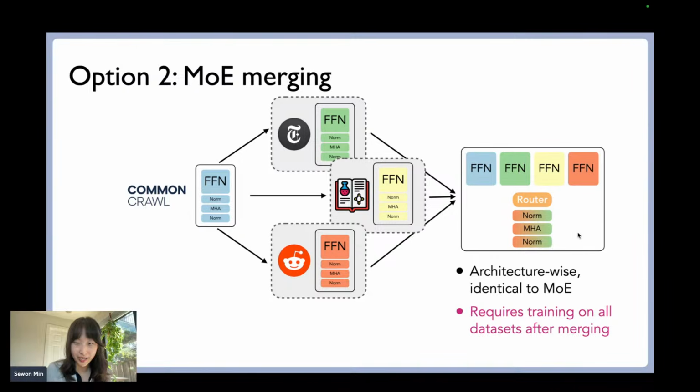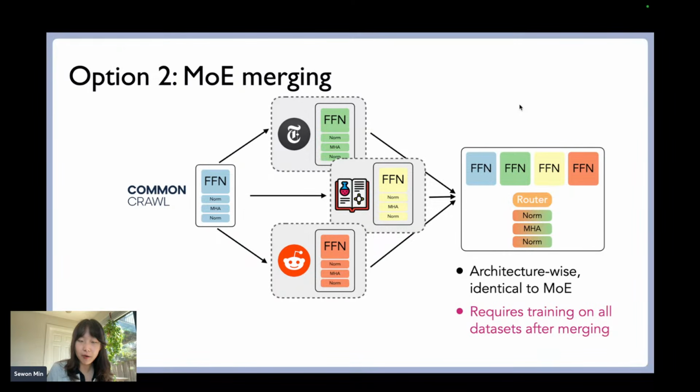However, there is one limitation, which is it requires training on all data sets jointly after merging happens. So it's not that after merging, you can use the model as it is. You need to do some joint training over all data sets. And the main reason that we need that is because of this router. As I mentioned earlier, this router needs some parameters to train, which is the router matrix. But then when we merge different dense models trained independently, we don't really know how to form the router. So they typically need to train this router, or all parameters of the model, on a union of